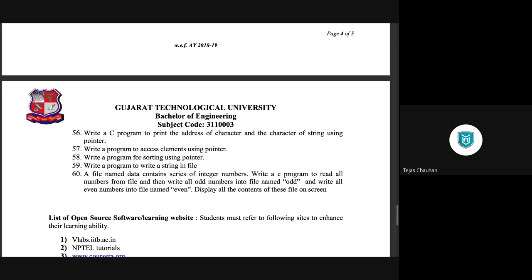And the last one for this lab, the 59th program, says write a program to write a string inside a file. Well, in the last 2 to 3 lectures, we have seen file handling.